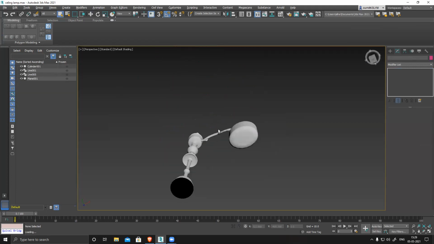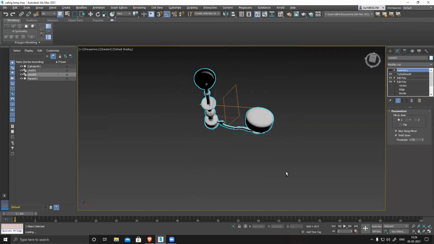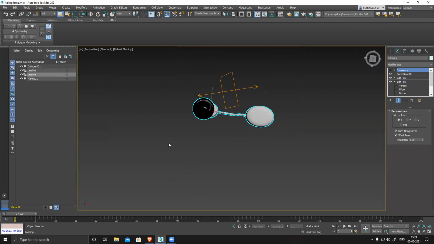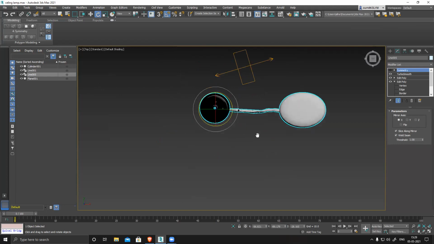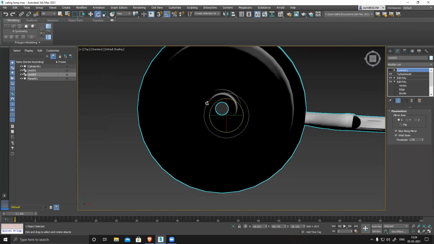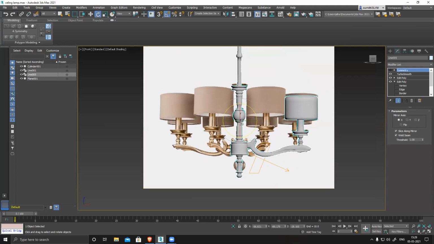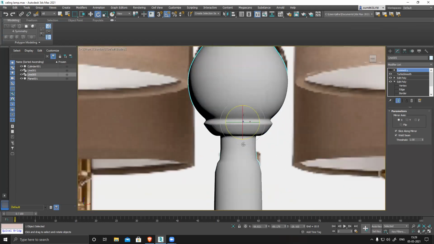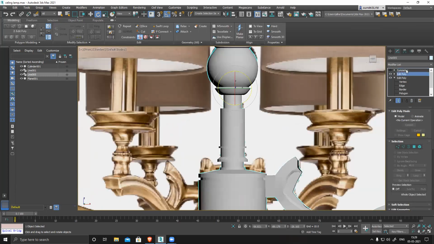This is your model, right? So if you want to align this and rotate this, it won't rotate properly. Go to top view, then press Z, and this is top view. You can see the pivot point is off center. How will it snap? Your pivot is all wrong. Getting my point? From top view also wrong, from front view also wrong. It's not in center. If it's not in center, it will give you wrong output. The pivot should be in the center. Reason how you do all this, turbo smooth, all these things are not required.